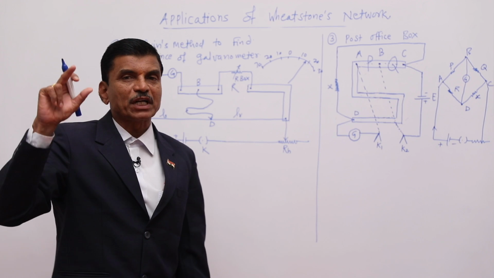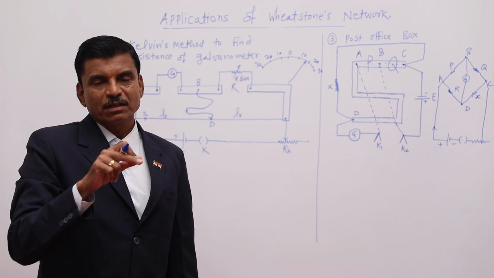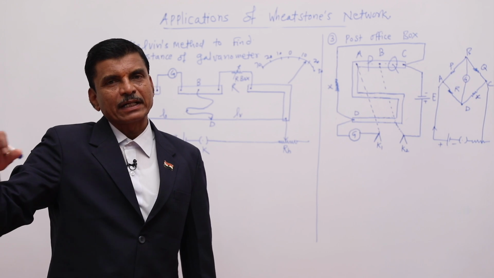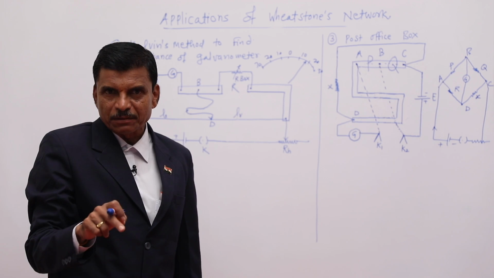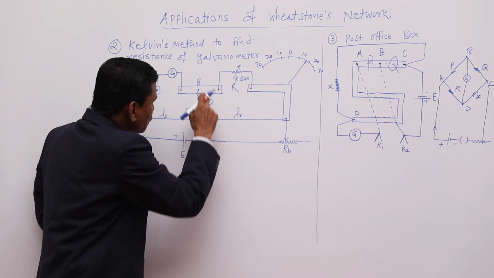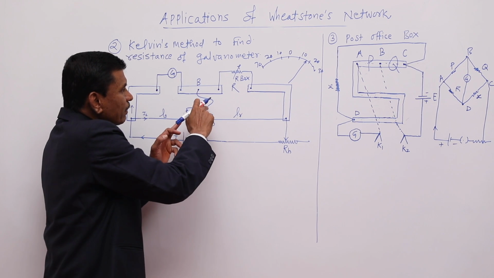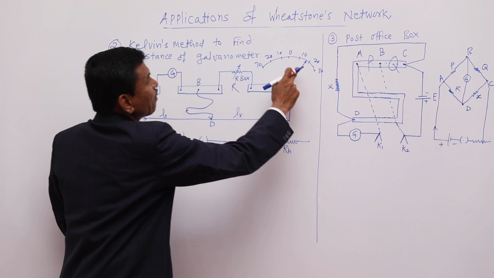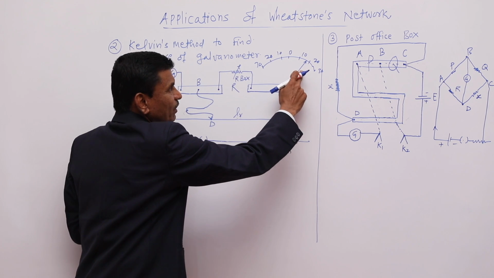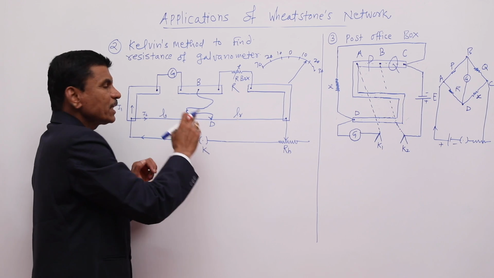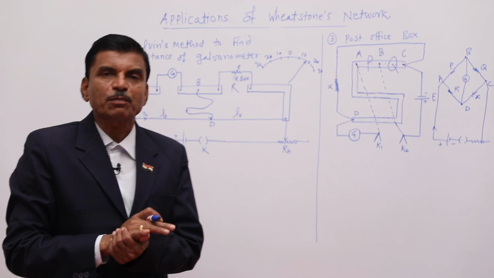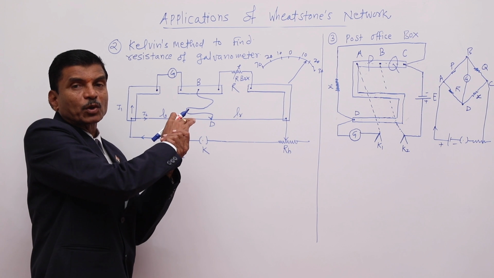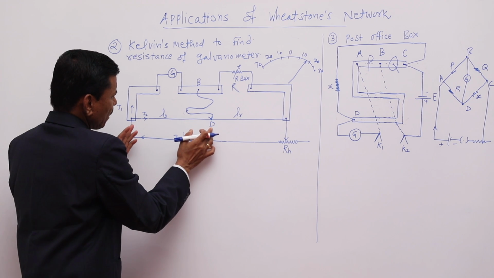Remember the Wheatstone network: P, Q, R, S. The battery is connected from A to C, and the galvanometer is connected from B to D. Here from B to D, if current is there, the current in the galvanometer will change, and it will not show deflection as before. As we are finding the correct contact point D such that the galvanometer is showing the same deflection as before, this is our null point.